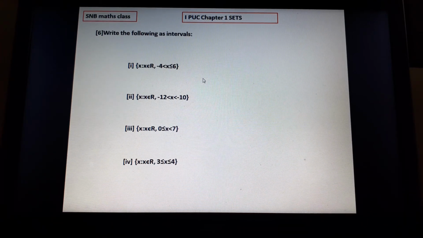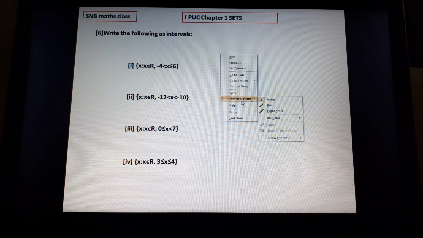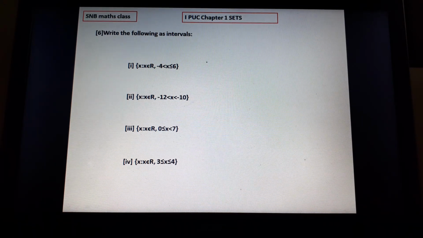Next, we have studied the subsets of reals as intervals. And we know that an interval can be converted into set builder form, and set builder form can be converted into interval form. This is set builder form. This can be converted into an interval. What is the method? You see, -4 is on this side, it is a strict inequality, so open. 6 is included here, therefore it is closed. Therefore the interval form is (-4, 6]. But we have to use this bracket. This means closed, this means open.